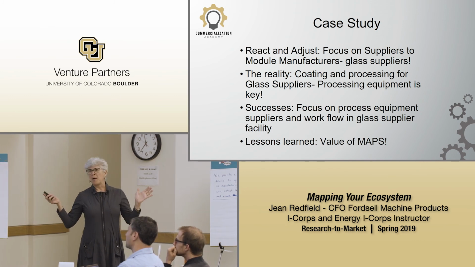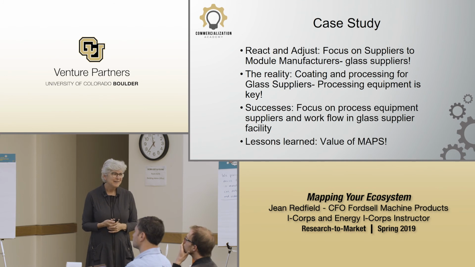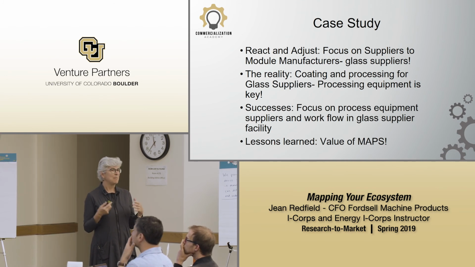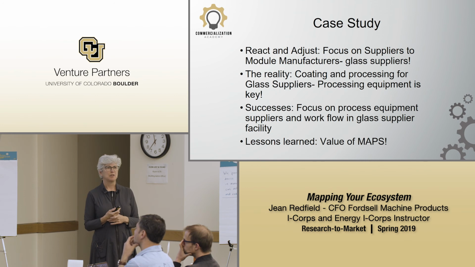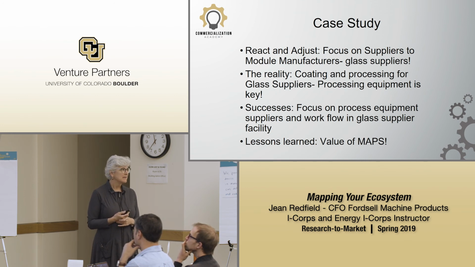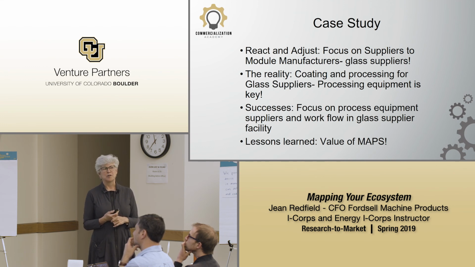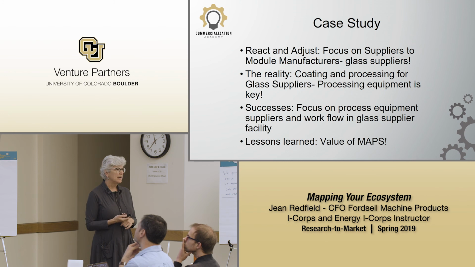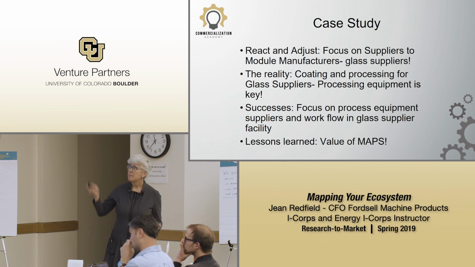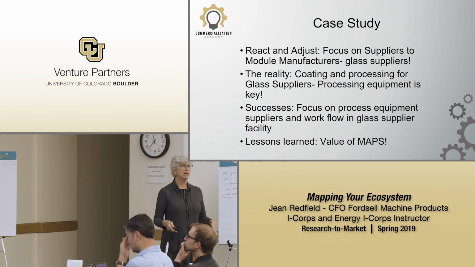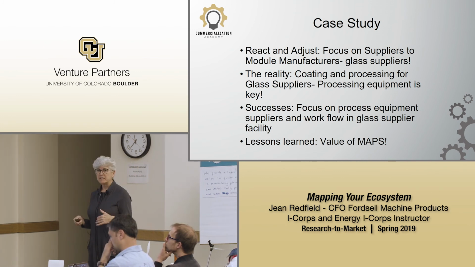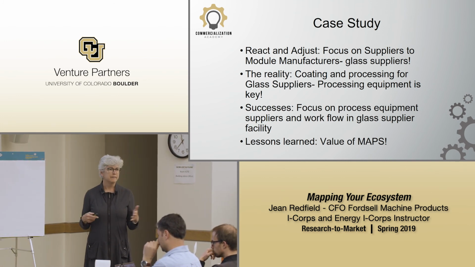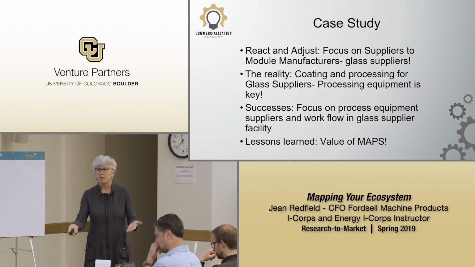Because there were only a couple dozen machines built on the planet to do this. Even though there were millions of modules ultimately produced, there were a couple dozen machines that did the coating onto the glass. So if they could license into the market leader for those machines, they could corner the market in getting their omniphobic coating out on pretty much every module out there. Who would have thought that, right? But it wasn't until they went into the details of the value chain map that they could get to those very specific details of who buys what, flow of materials and money, and therefore where does their technology fit.